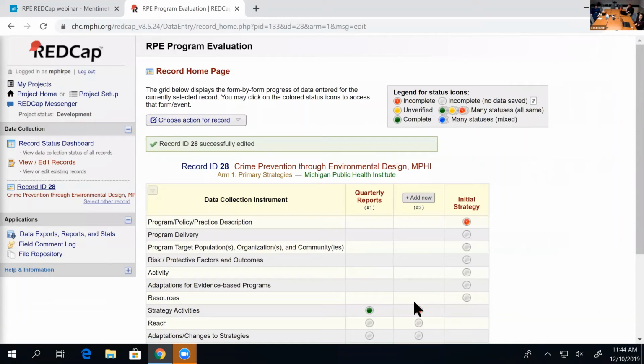So if you find yourself needing to fix old questions from previous quarters, let us know and we'll unlock it for you so that we can get that fixed. So that is the last thing to keep in mind for specifically primary strategies. Moving on, if you were particularly observant, you'll notice that when we were in View, Edit Records,